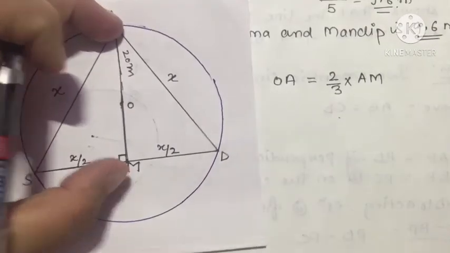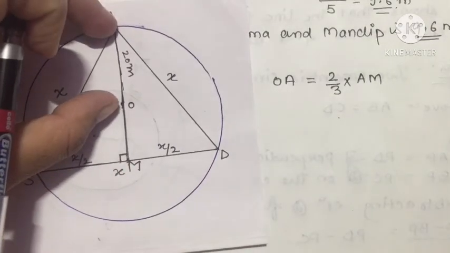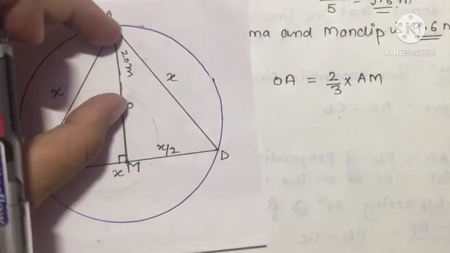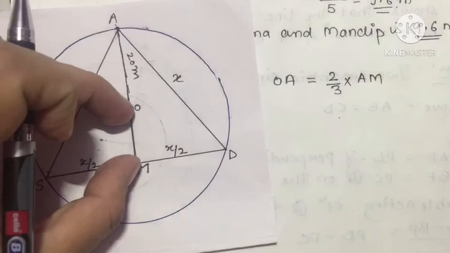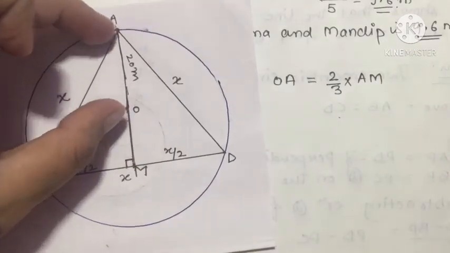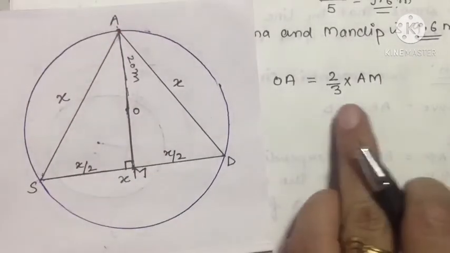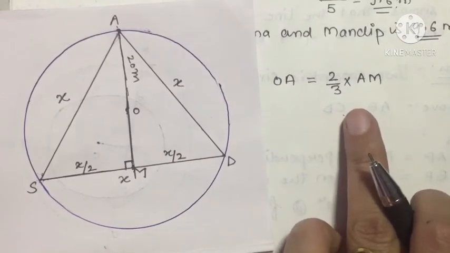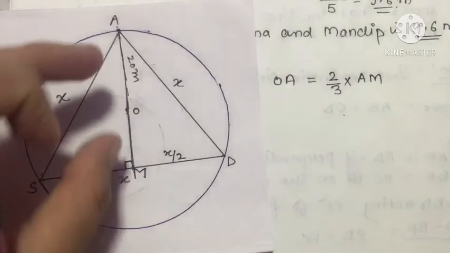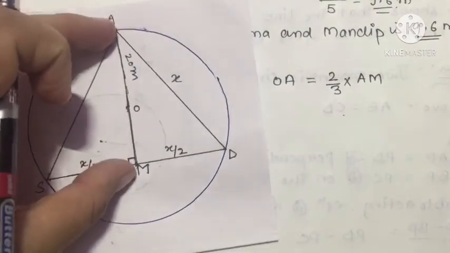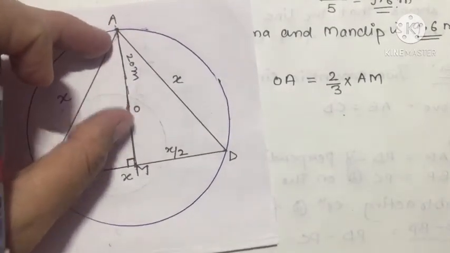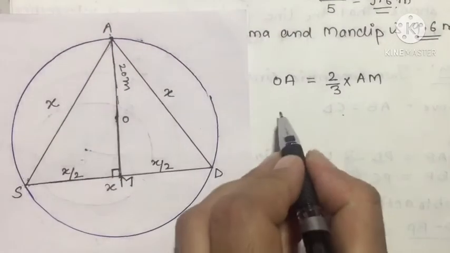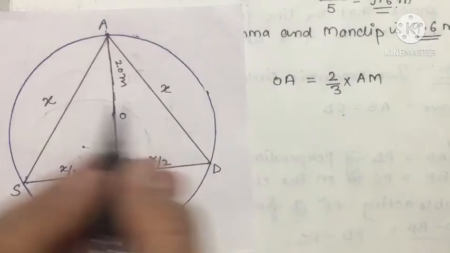मतलब जितनी इसकी लेंथ होगी ना, ये वाला जो रेडियस होगा वो हमेशा इसका 2/3 होगा, और जो ये वाला पार्ट होगा वो 1/3 होगा। This part will be smaller, और ये वाला पार्ट इसका डबल होगा। तो पूरे का अगर हम बात करेंगे तो it will be 2/3. बस एक ये इंपॉर्टेंट चीज़ है, this you have to consider, this you have to think of. That OA, अगर हम यहाँ इसके कॉन्टेक्स्ट में बात करें, OA will be 2/3 of this, है ना, ये इसका 2/3 पॉइंट होगा। Now OA क्या है हमारे पास?